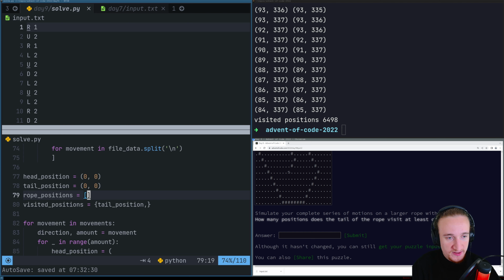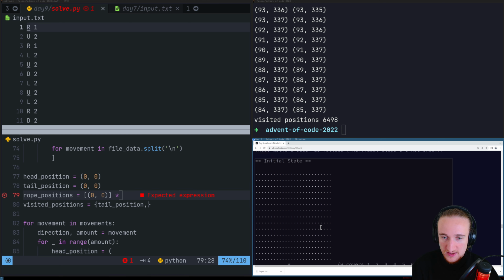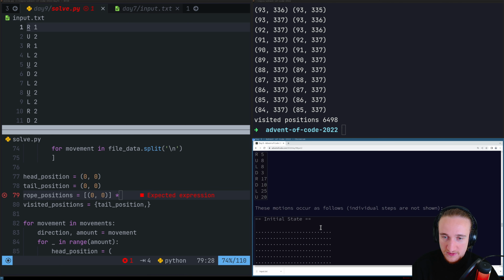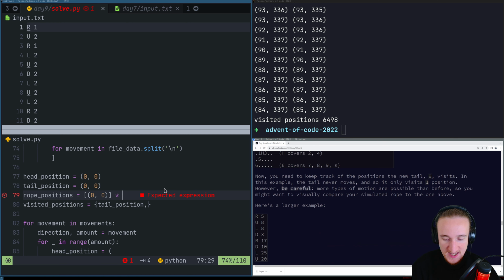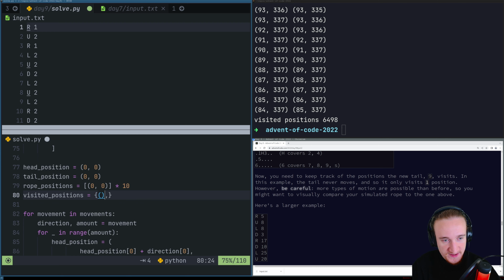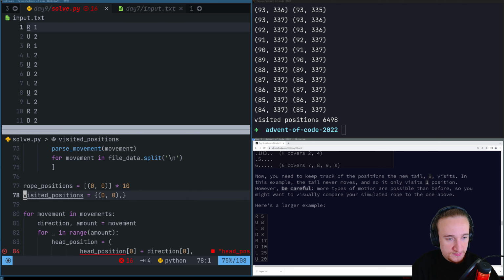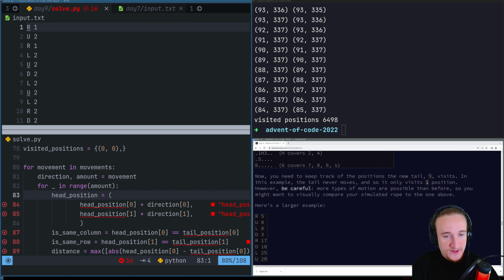Well, it should be basically just 0, 0 times, what is it, 1, 2. So it's 10 because there's the head and then the 9 things. And then visited positions starts as 0, 0 in the set. So now, somehow,